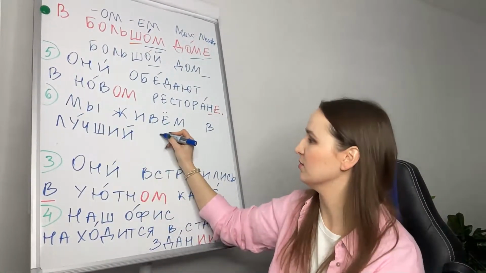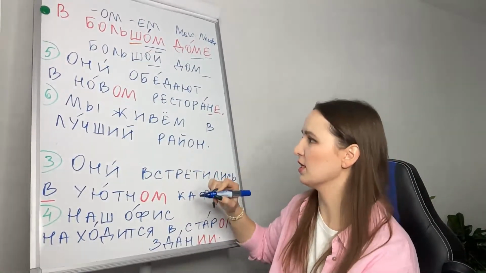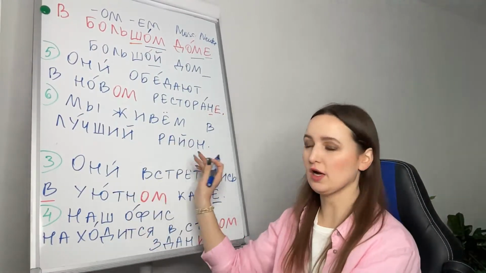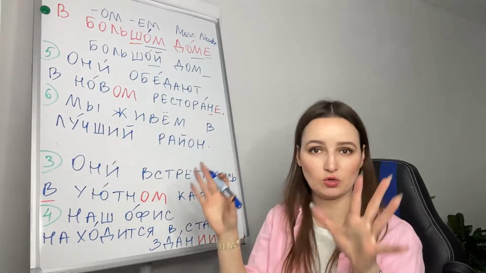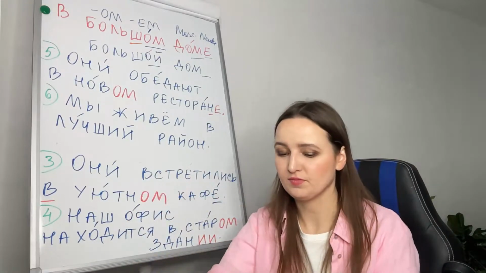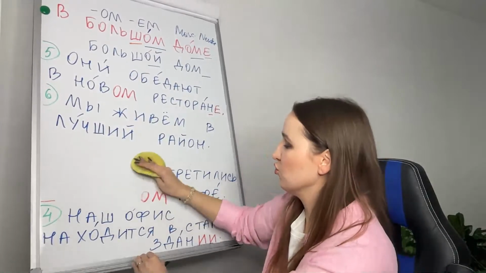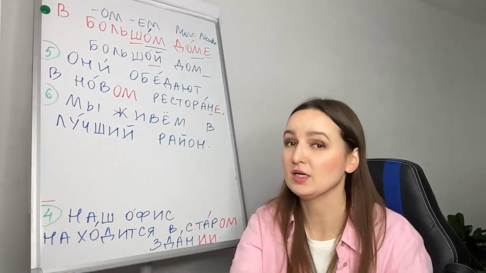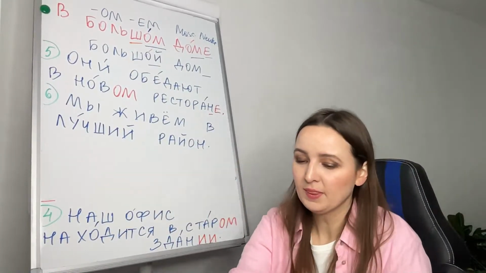Лучший район. Лучший район. Okay. Мы живем в лучший район. Right now it's incorrect because лучший район is in nominative. The best neighborhood. Лучший район. We have to change it to prepositional because the question here is where do we live? In the best neighborhood. Лучший район. Да? So,